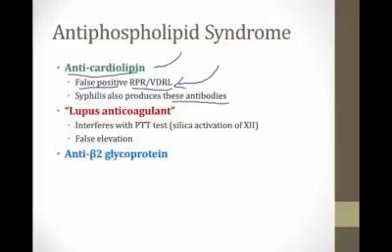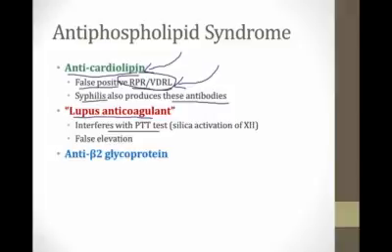So if a patient has this antibody present as part of the antiphospholipid syndrome, they will test positive by these screening tests even if they've never been exposed to syphilis. The second antiphospholipid antibody is called the lupus anticoagulant. It gets this name because it interferes with the PTT test and therefore makes patients with lupus appear as if